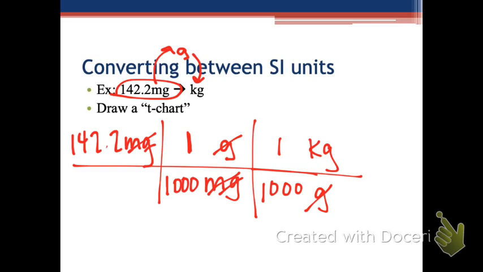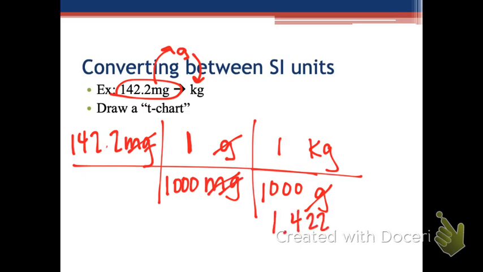So the way I do this is I multiply across the whole top, I divide by the whole bottom. Multiply across the whole top, divide by the whole bottom. So get your calculator out. This is exactly how I'll plug it into my calculator. 142.2. Do I need to multiply by 1 twice? No. Great. And multiplying by 1 is the same thing. So don't bother plugging that in. In my calculator, there's 2 options. This is how I do it. I go divide by 1,000, divide by 1,000. Okay? And I get